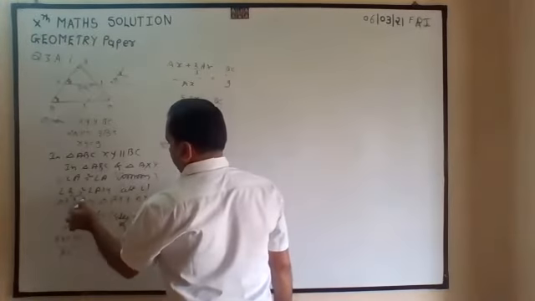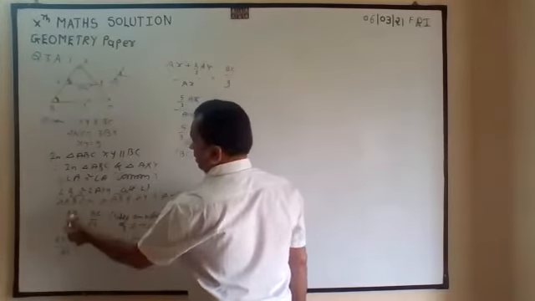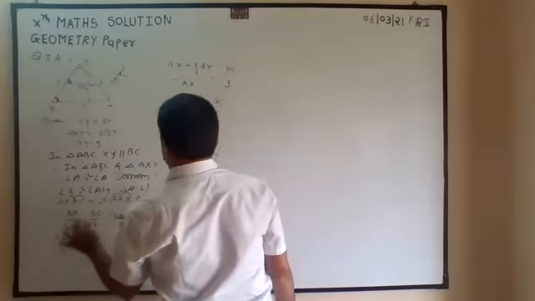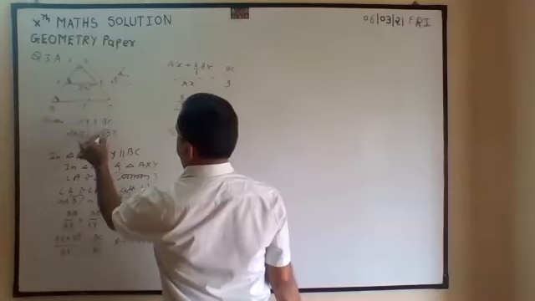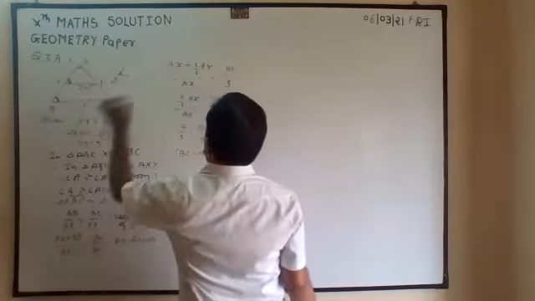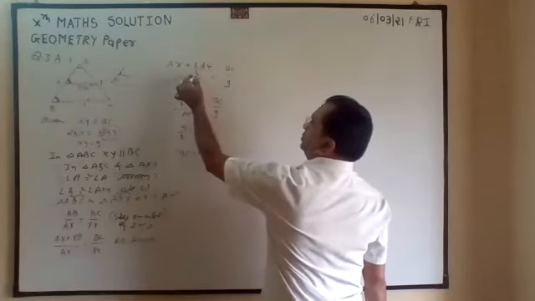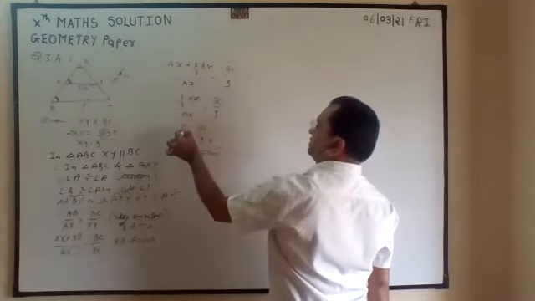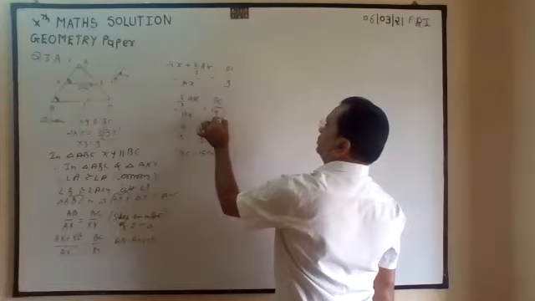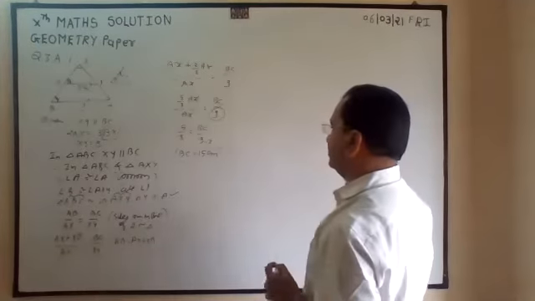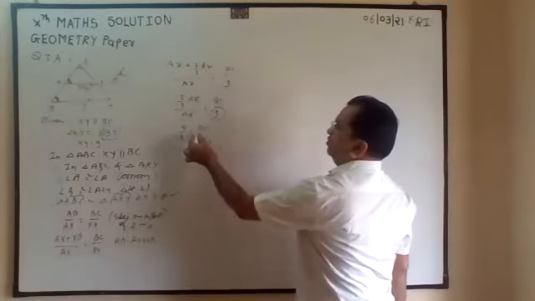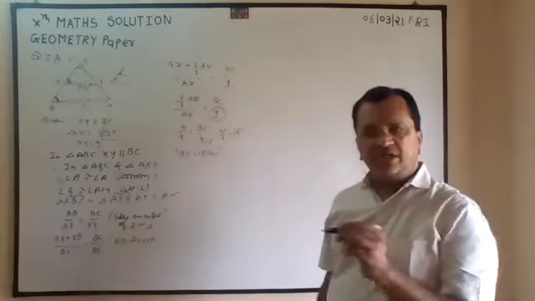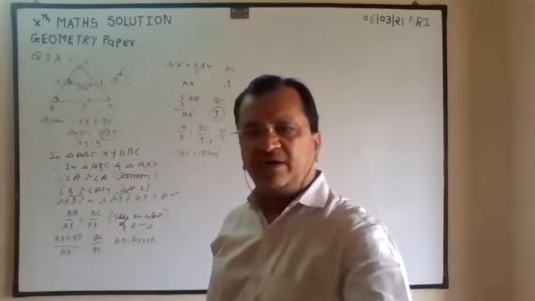Then first, second, second, third. Now AB is made up of AX, XB. AX, AX same as it is. But XB is what? 2AX by 3. 3 ones are 3 plus 2, 5 by 3. AX cancel. 5 by 3 is equal to BC by 9 because this XY is given as 9. You can do 9 5s are 45 divided by 3 also. You can get the same answer. Denominator, denominator, no need to cancel. Numerator, numerator, no need to cancel.